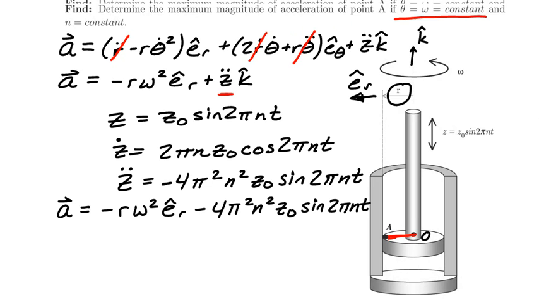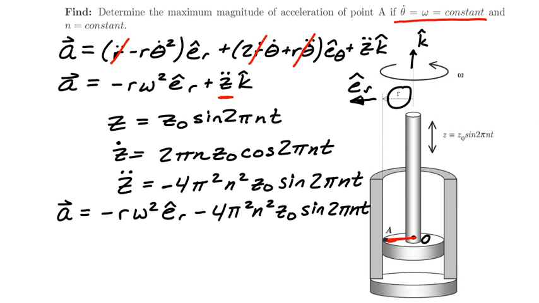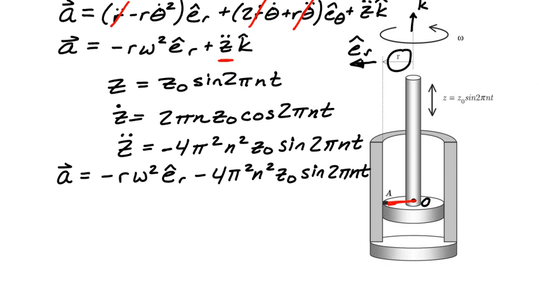Now if we read the problem statement carefully, we're asked to find the magnitude of acceleration, and in particular maximum magnitude of acceleration. And so the thing here to think about is, well, the only thing that's going to vary with time is the term that I'm going to highlight here, the sine 2 pi nt term. And we know that at the extremum, this is going to be exactly plus or minus 1. And so if I, for example, choose a case where this is going to be, say, minus 1, you could choose plus 1 and do something similar,